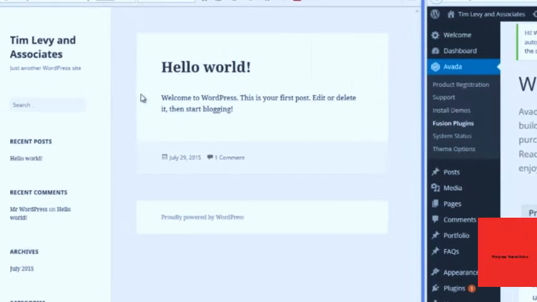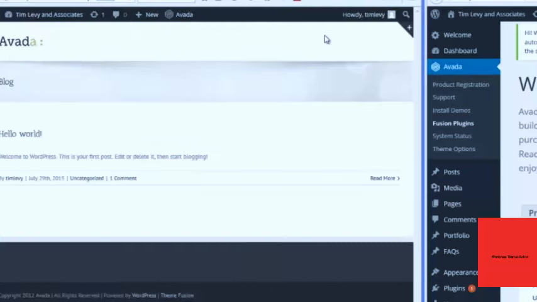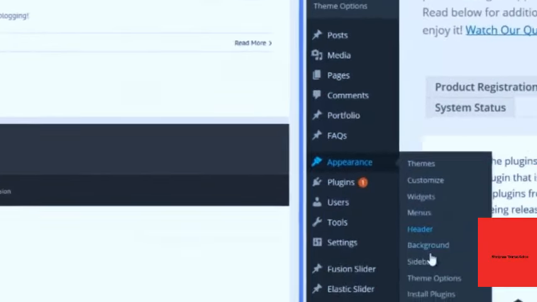Now, if we go over here to the website, which you'll recall, if we reload that, it's now going to look totally different. Same data, but it looks different. And now it's got that Avada theme going. From this point, you can start to go in and customize the